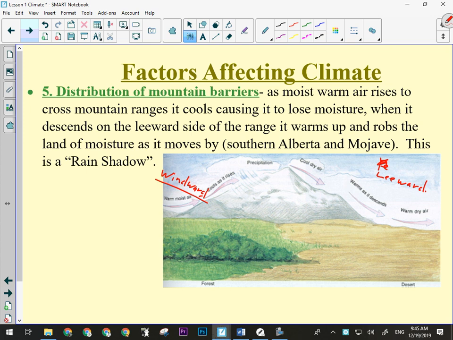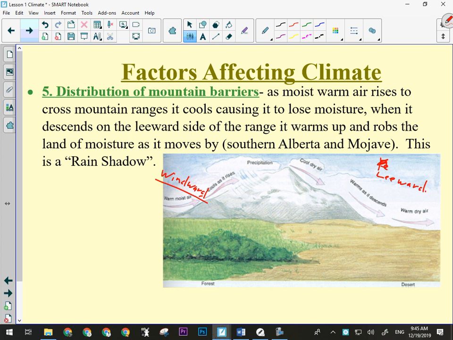Okay? If you go down into the States and you use the word Chinook, they look at you like you're speaking a different language. You are. I mean, it's Canada English. Well, no, it's not. I think it's Cree, I think. But anyway, it's a local phenomenon. Okay, we get that here. There are other places in the world that have similar phenomena, but they call it something else. Okay, but we call it a Chinook, and it's a very common thing here, but it's not common everywhere, and it's because of the presence of mountain barriers.